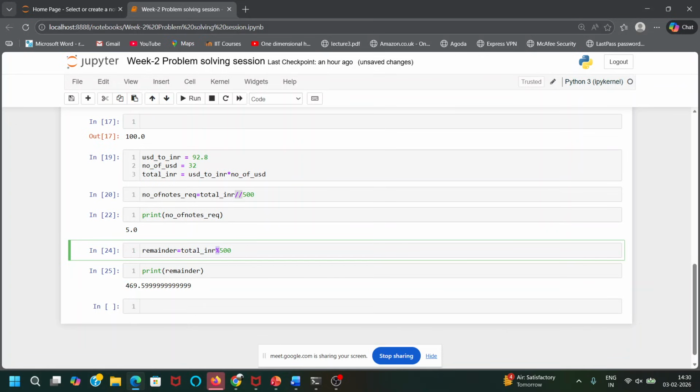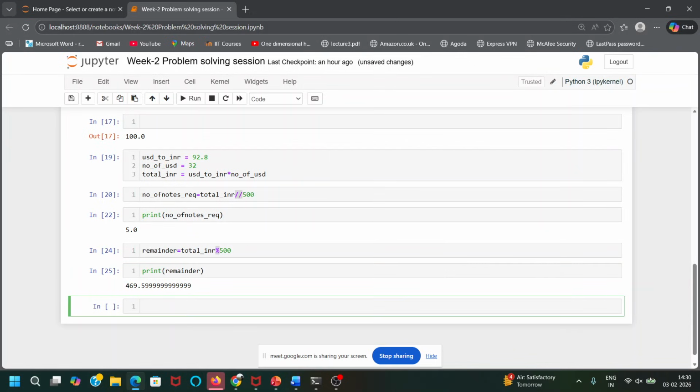Then we also learned about strings. Let's see an example.